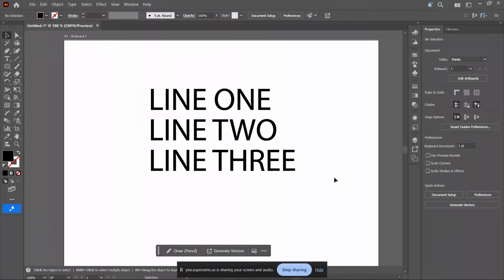In today's video, I'm going to show you exactly how to adjust the line spacing in Adobe Illustrator quickly and correctly. If you've ever typed out a paragraph and felt like the lines were too close together or too far apart, what you're looking to change is something called leading. Adjusting leading helps improve readability, layout balance, and overall design quality. Whether you're working on a flyer, social media graphic, poster, or logo layout, controlling line spacing is an essential skill